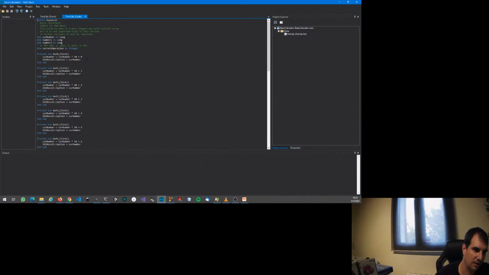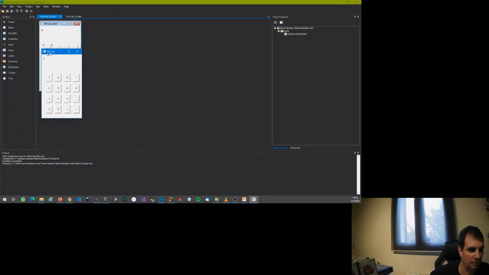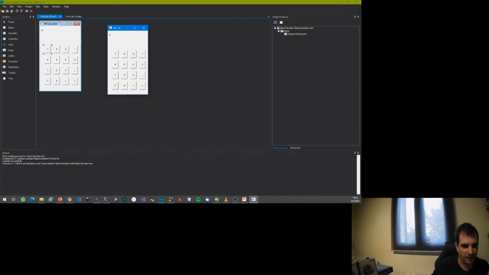In fact, I have a branch in RAD Basic for control arrays that is not finalized yet, but when I merge this branch into the develop branch of the RAD Basic compiler, I want to rewrite this example with control arrays. Okay. It compiled. It goes to the other display. You see that it is the same.